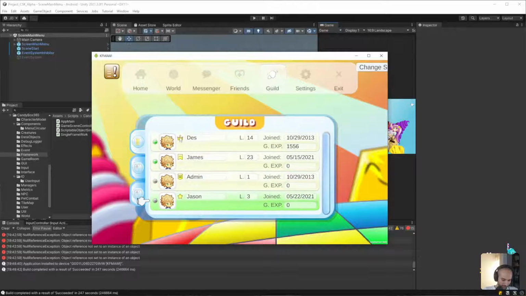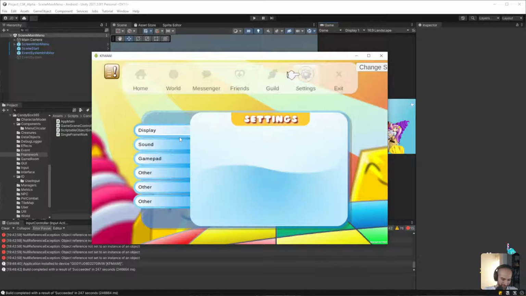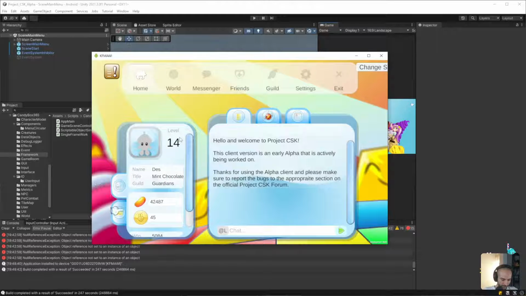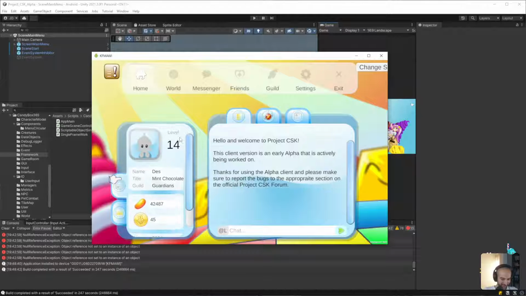So this is working exactly as expected. There's nothing really there. We have the exit, we have home. No, this is working well.